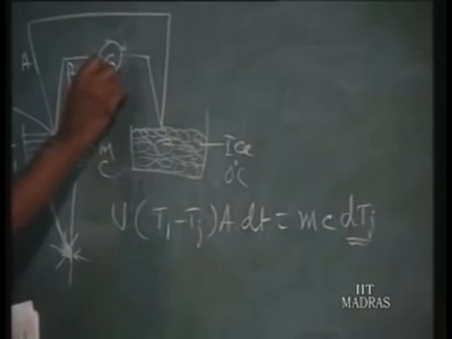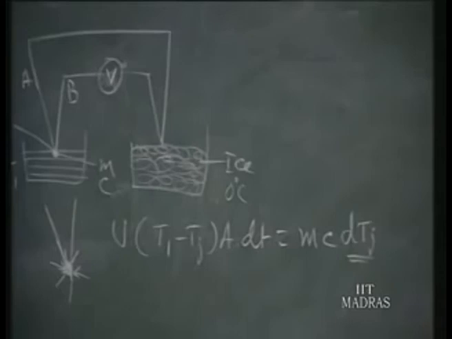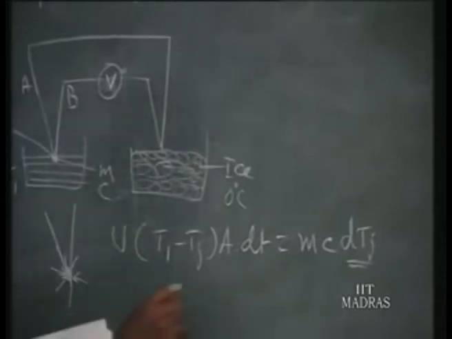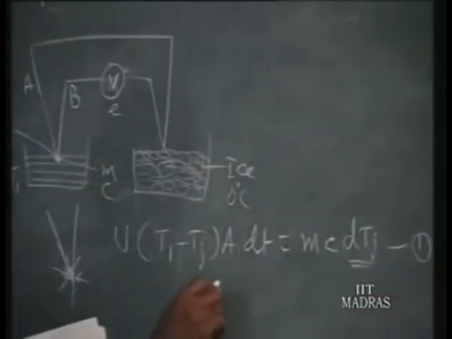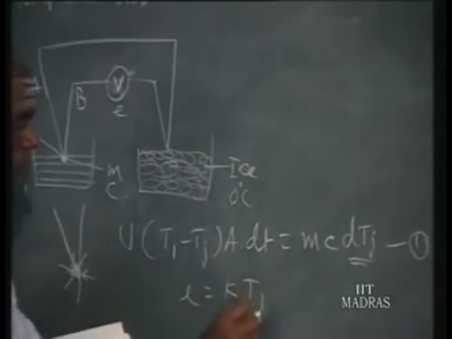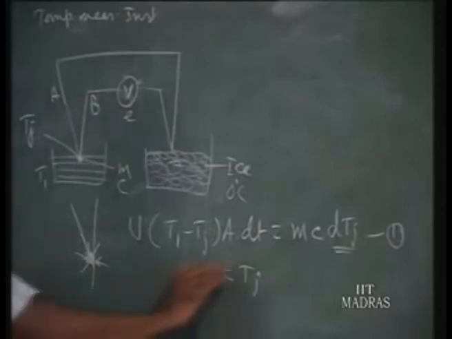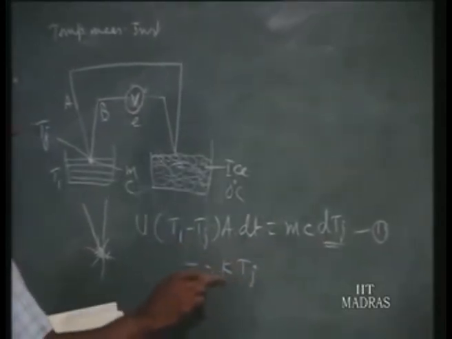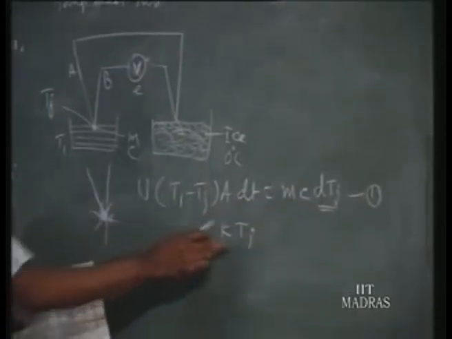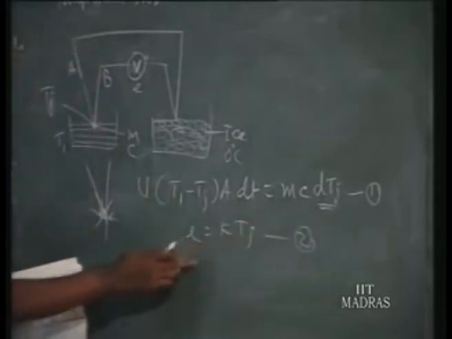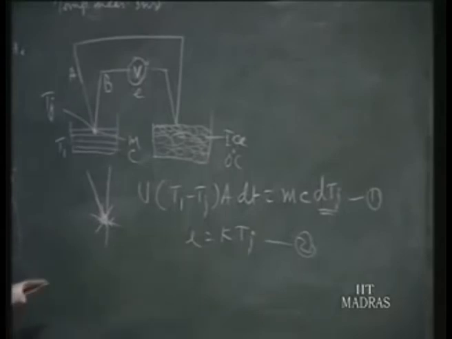And also we know the voltage output, say on a voltmeter, is proportional to Tj. So that is given as equation 1: voltage output E is equal to the sensitivity of this thermocouple K into Tj. Proportional to the thermocouple junction temperature, we get the output voltage. Now convert Tj in terms of E, the voltage: dTj is equal to dE by K. Substitute for Tj from this equation 2,